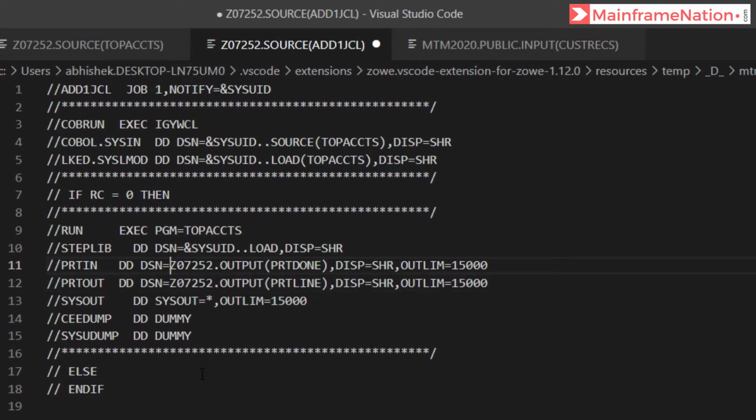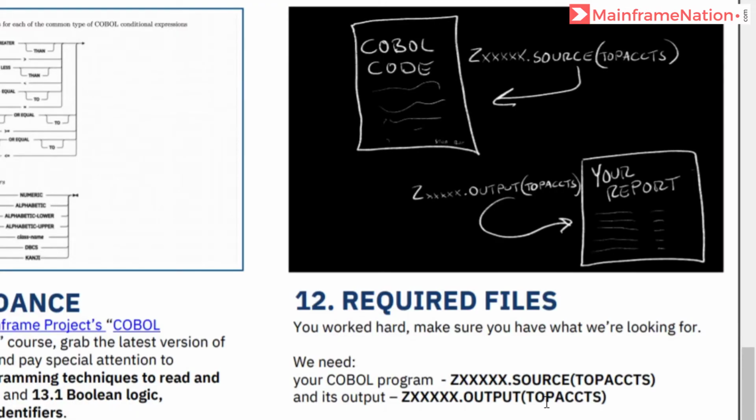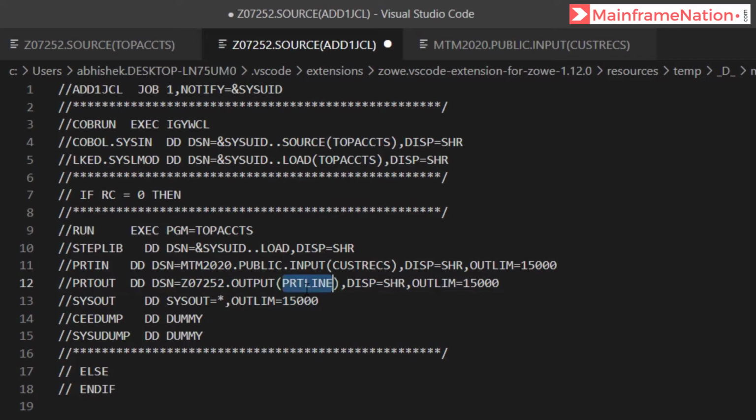Input file is MTM2020.PUBLIC.INPUT.CUSTRECS, and the output file, let's see in the PDF, it should be TOPACCTS. Ctrl S to save.